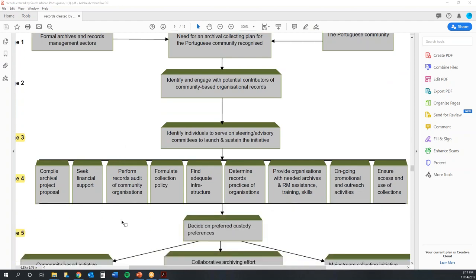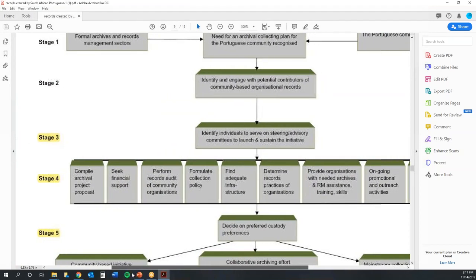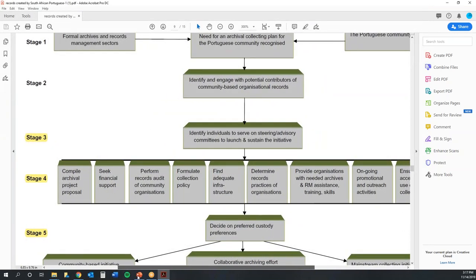So if you dig down to stage 4 here, and this is a model that you're going to be looking at for your discussion post for this week as a FYI, you can see that there are some strategies here that can be used to document a community as well, or steps that are a part of the process of documenting a community. I won't focus on these as much because they're not described in as much detail as the ones that I talked about earlier, but they are important parts of the overall puzzle of